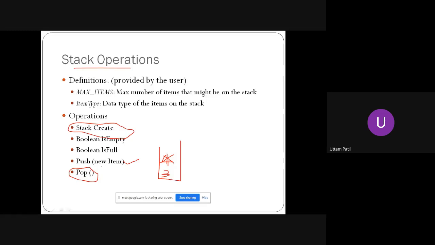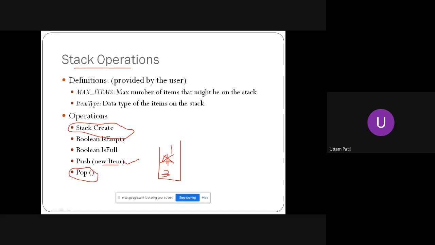If you consider push as a function in C, it takes one parameter, which is this new item. While pushing something, you need an item, right? If I say push, you will ask me what has to be pushed. So I should give some value. I say 1 is to be pushed. That means push needs one parameter.